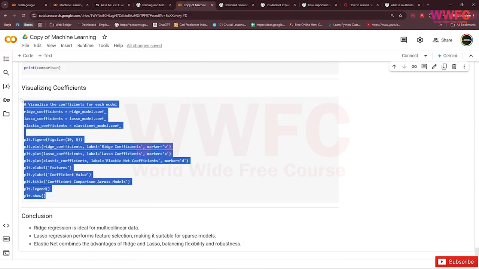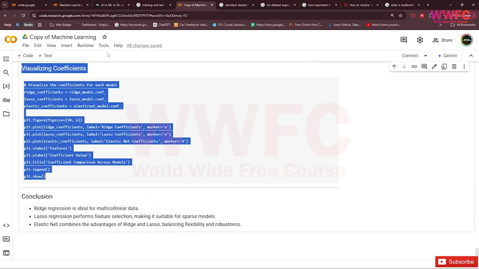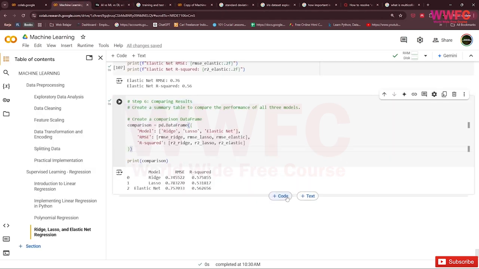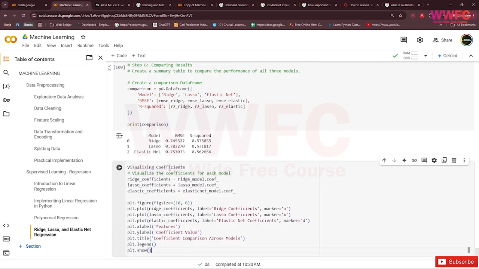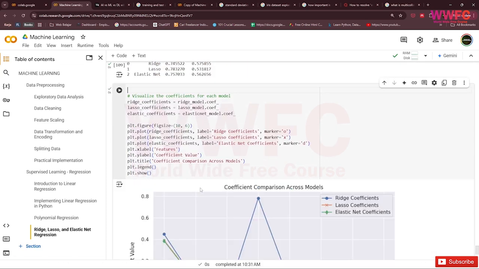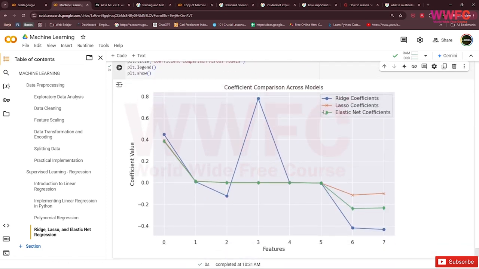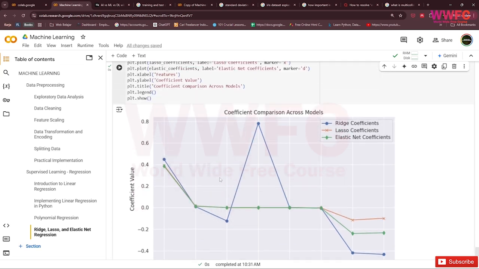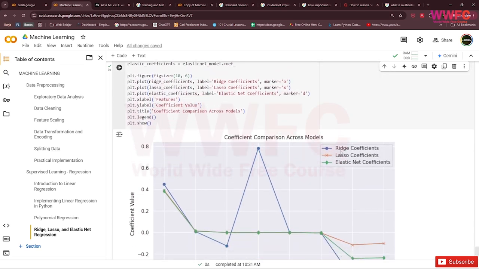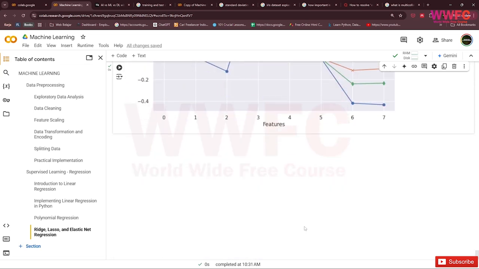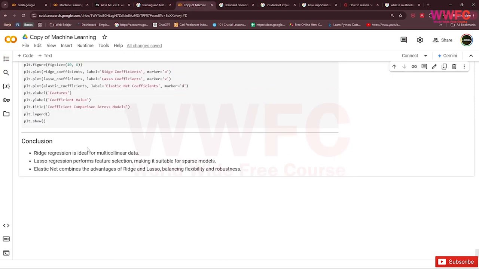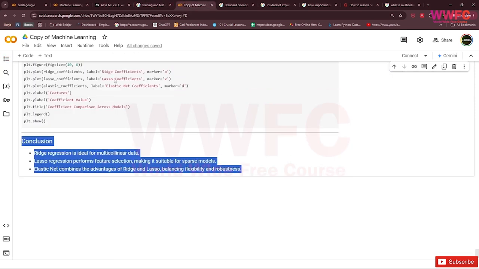And we visualize the coefficients. You can see the ridge coefficients, the ElasticNet coefficients and the lasso coefficients. They make the coefficients much more different. Okay, something like this, and we go to the conclusion.